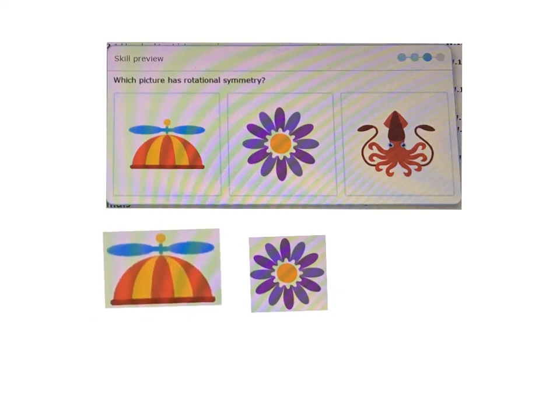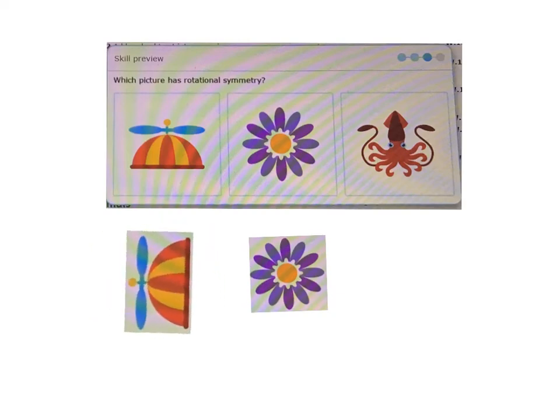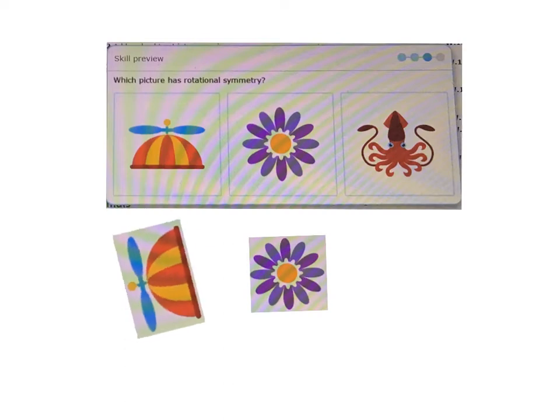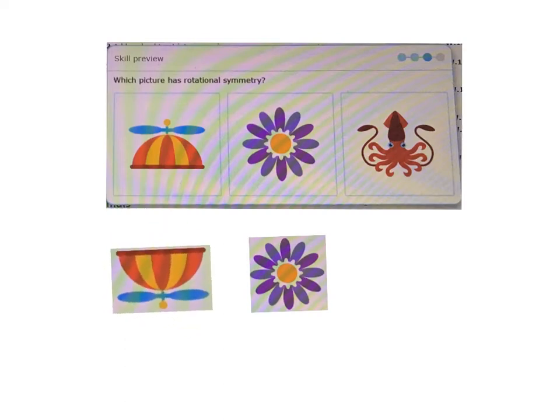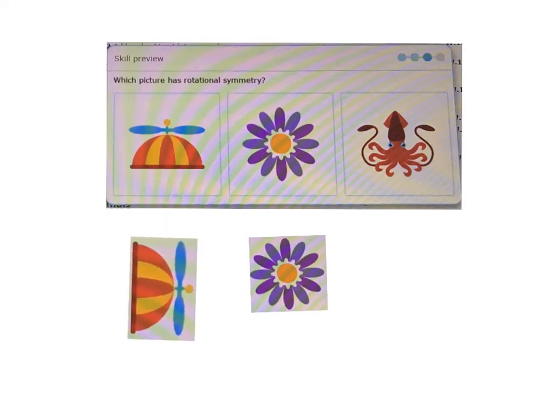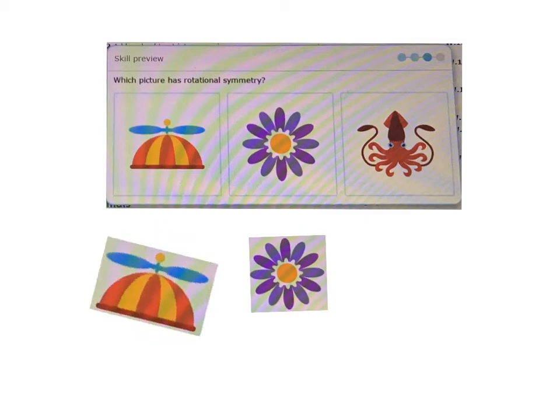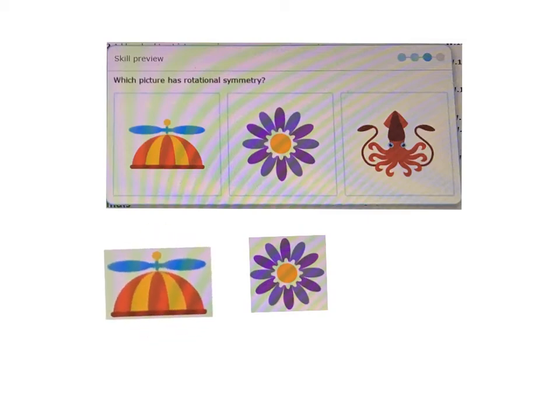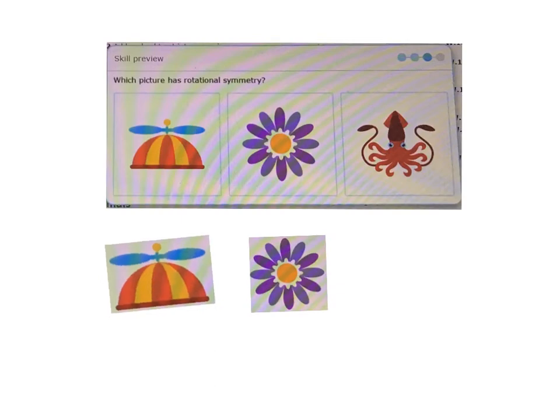Here we have the hat. If I turn it 90 degrees, nope, doesn't look the same. Another 90 degrees, nope, doesn't look the same. Another 90 degrees, nope. And another 90 degrees, back to normal. Then it is the same. But when I'm turning it,